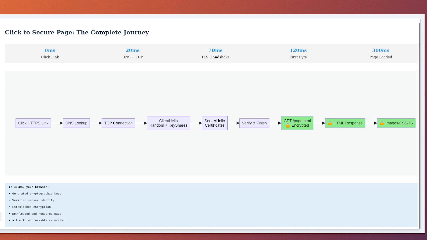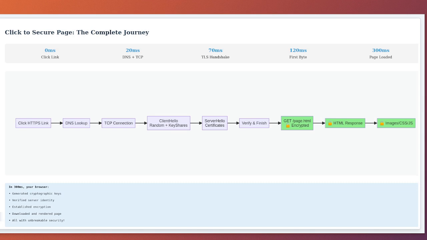Now the TLS handshake begins. Your browser prepares the client hello with random numbers, supported ciphers, and key shares. If you have visited before, it includes a session ticket. Let's say this is your first visit. Your browser generates ephemeral keys, perhaps private key 7 for X25519, then calculates public key 21. The client hello flies across the internet to shop.example.com server.